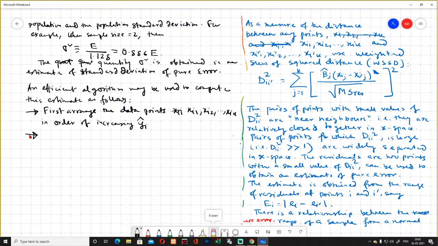Next step, note that points with different values of yi hat cannot be